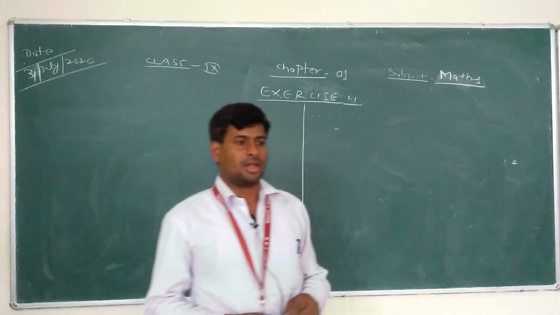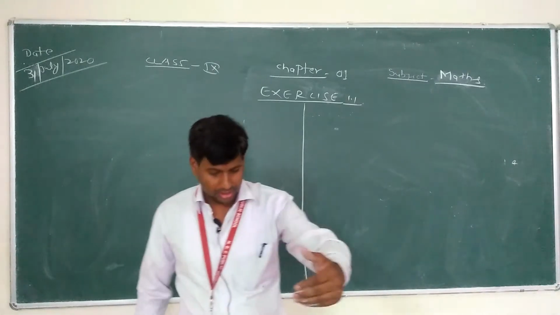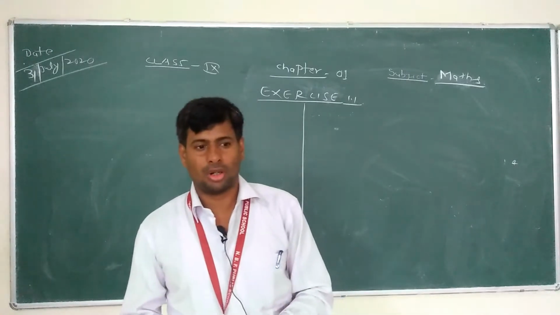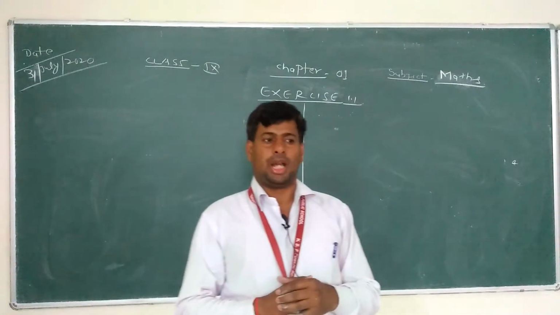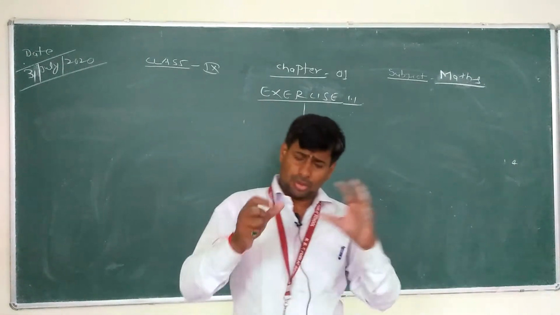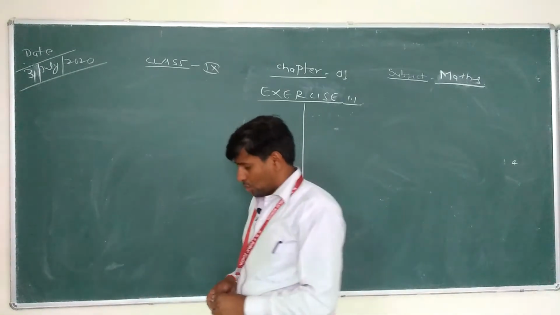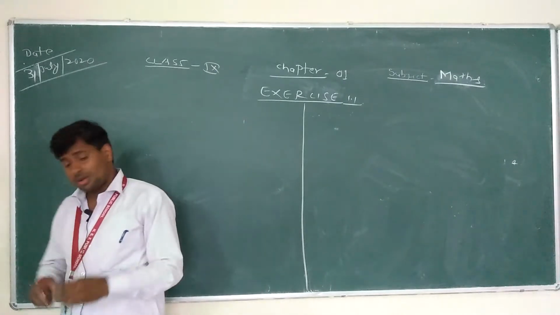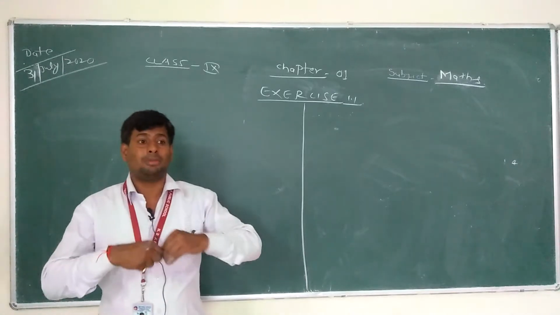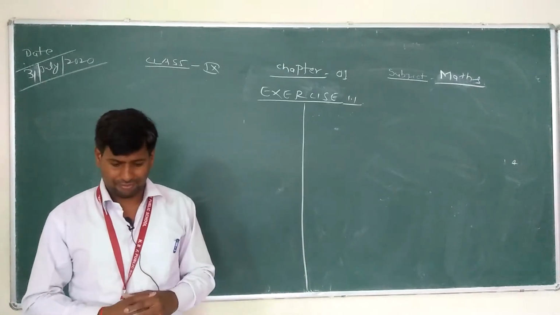Last night, the previous day, we discussed the number system, and in it we explained natural numbers, whole numbers, integers, real numbers and types of real numbers. Also, all of you know about rational and irrational numbers. So today we can discuss how to get rational numbers between two given rational numbers.